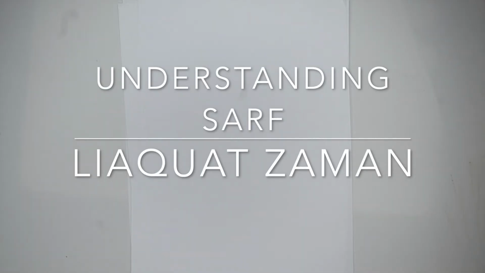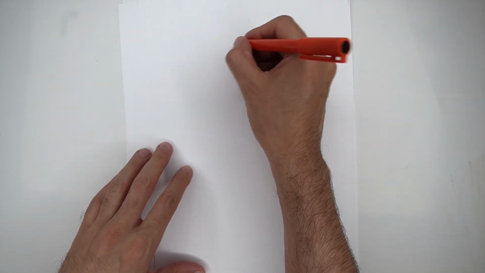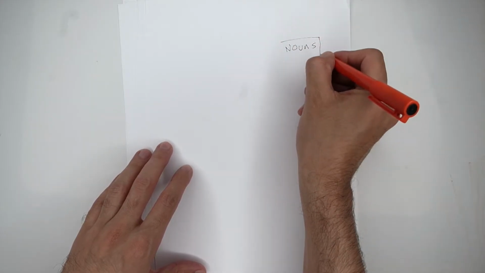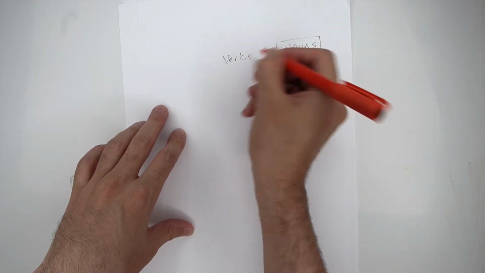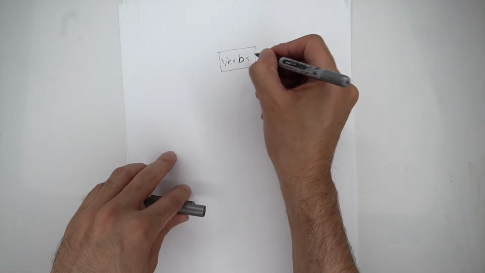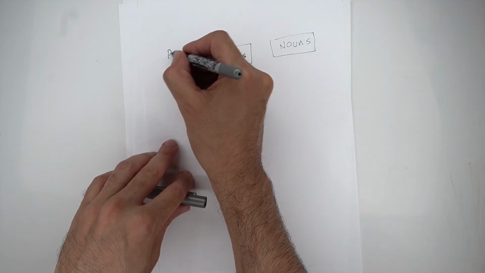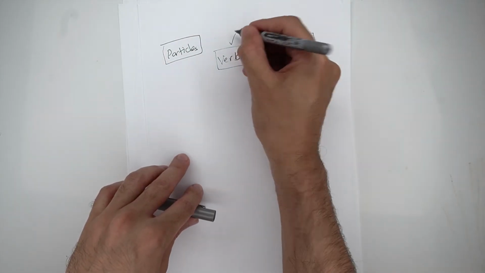If I explain it with a pen and a paper, in Arabic you have something known as nouns, and you have verbs, and you have particles. Verbs is what we study in Sarf,